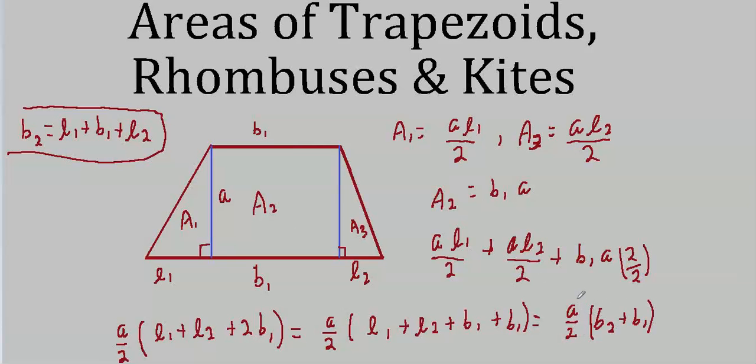Well, pardon me, you don't take half of that. You take the average of B1 and B2 and multiply it by the altitude. That's where the 1/2 comes in. You're actually taking the average of these two top and bottom bases. This B1 plus B2 divided by 2 will give you a number that's the average of these two, which would be a little shorter than B2 and a little longer than B1. A times B1 plus B2 all divided by 2. Or I like to think of it as just the average of B1 and B2, which is 1/2 B1 plus B2 multiplied by the altitude.